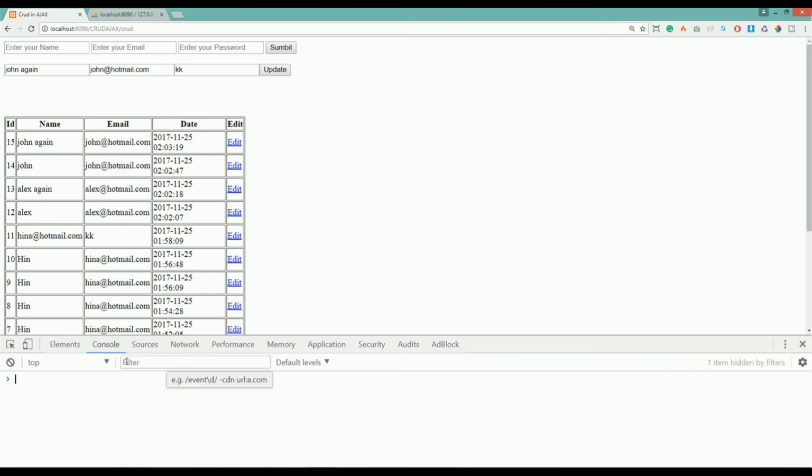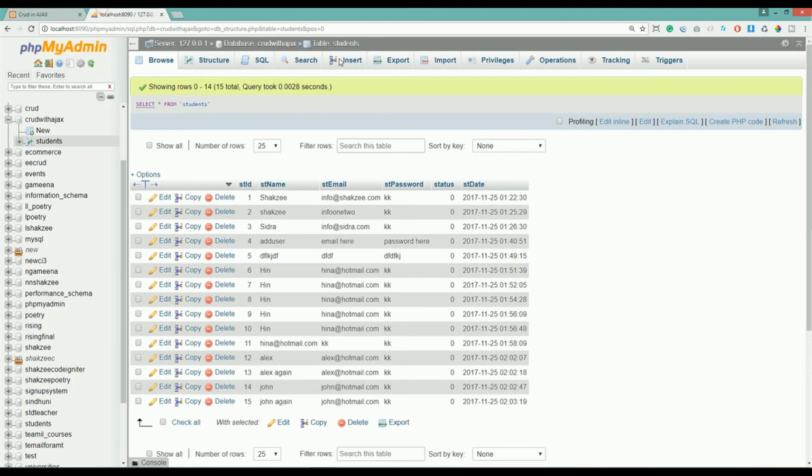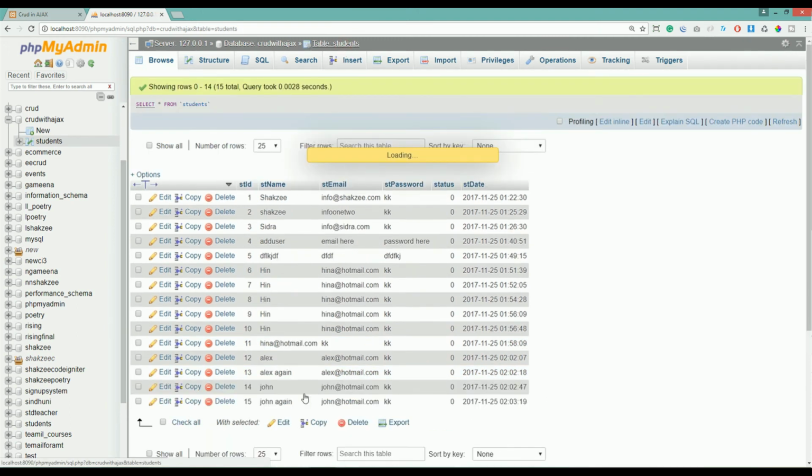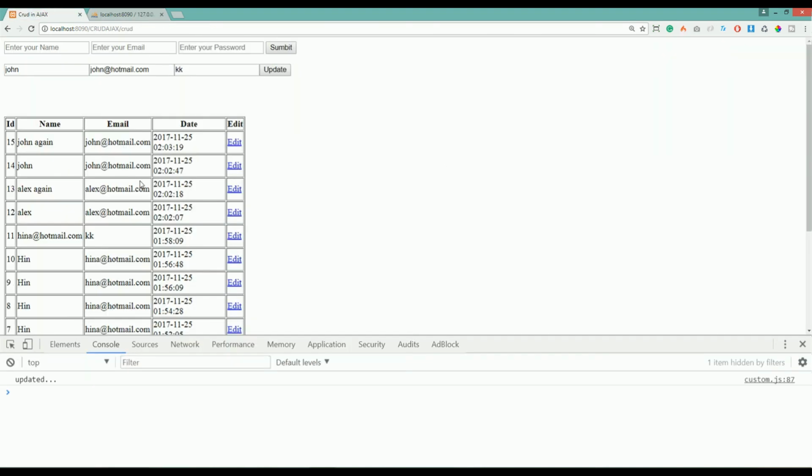So now we have console sections. I'm saying John again, and I'm removing these sections and just updating these fields. So hit the update button. It's saying updated. So make sure you go to your 15 ID, go to your fields or tables and find the 15 ID. Here is John again, and refresh the table. So now it's saying John, you have just updated your sections